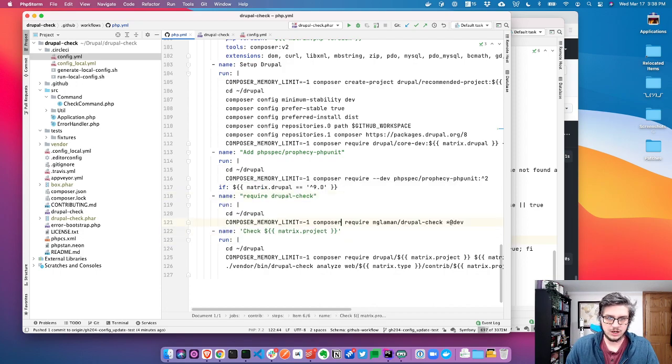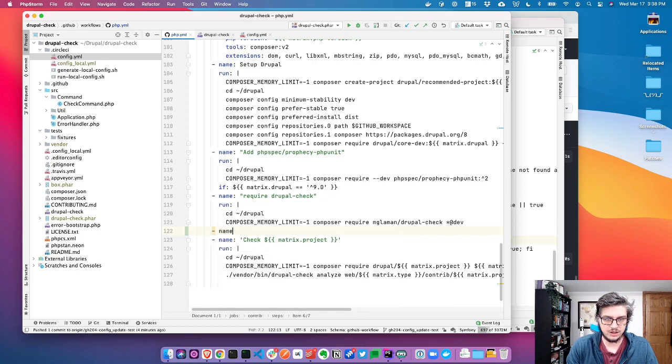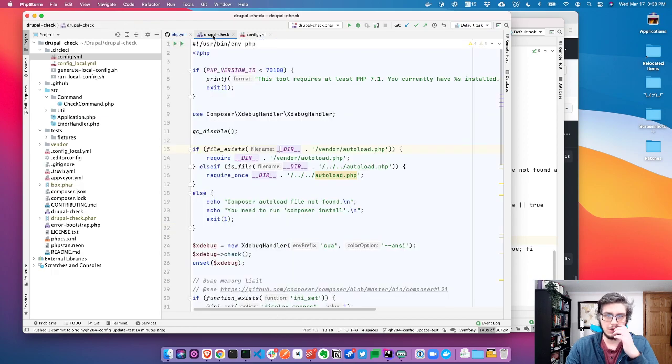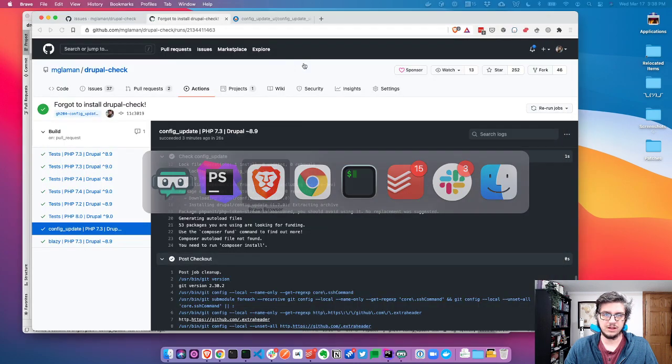Require drupal-check. We'll call this name verify drupal-check version, and we'll do a run. Okay, so this will fail if we get that autoload error. We gotta get crafty here. Let's see. Time to